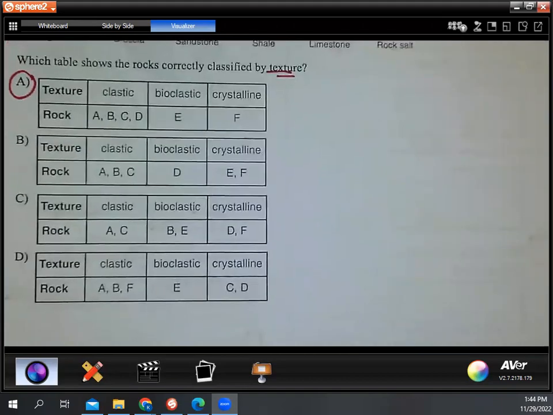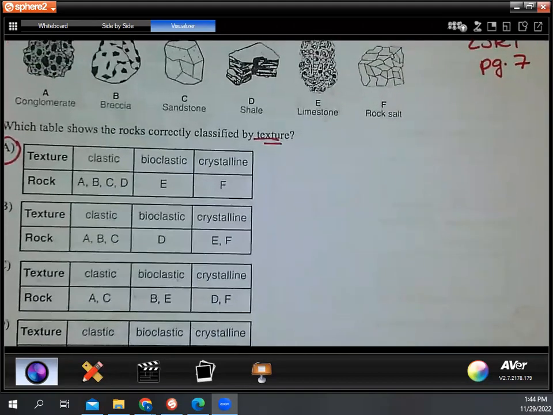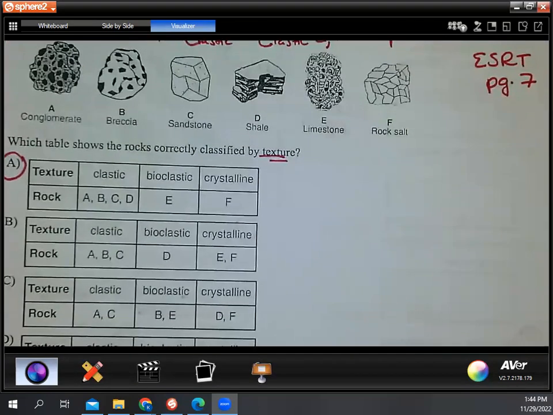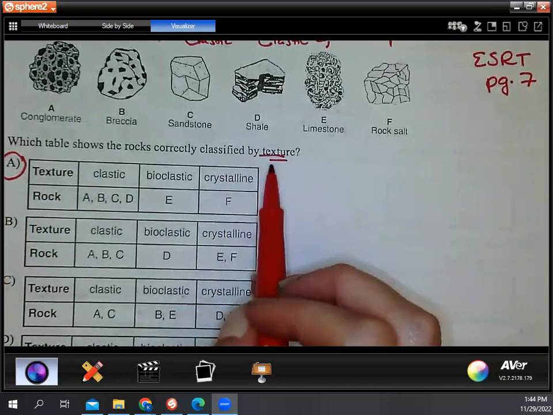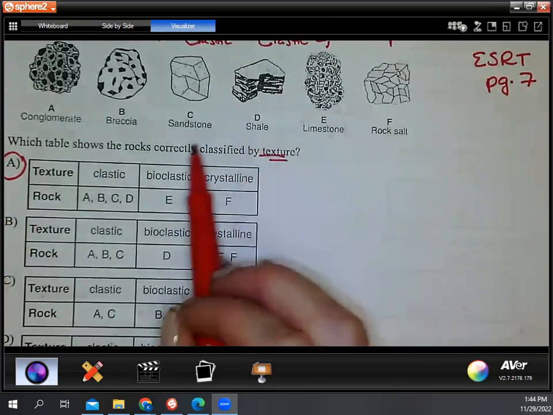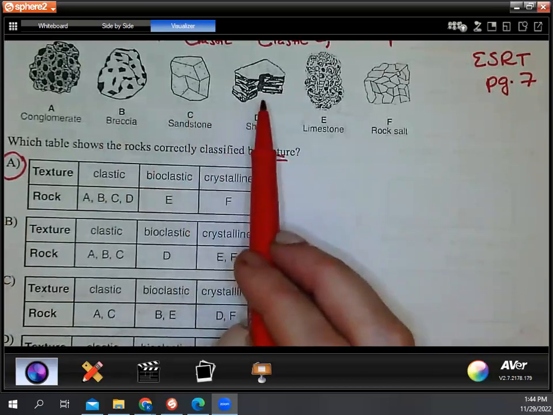Question 7. We have a few rocks up at the top there, and it says, base your answer to the following question on the drawing of 6 sedimentary rocks labeled A through F. So the first thing I'd do is I'd turn to my ESRT page 7, and I'd find those rocks. The second thing says, which table shows the rocks correctly classified by texture? So I'm going to find the column that each of these rocks